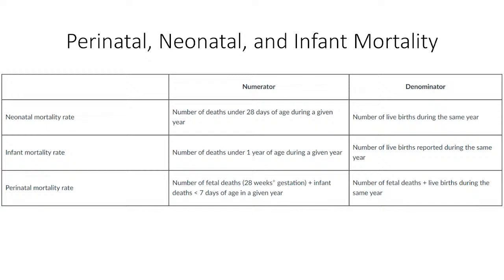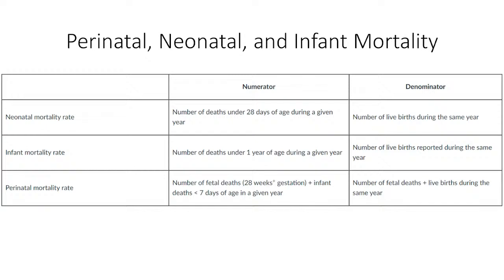In the denominator, it will be number of live births during the same year. Infant mortality rate: number of deaths under first year of age during a given year. In the denominator, it will be number of live births reported during the same year,